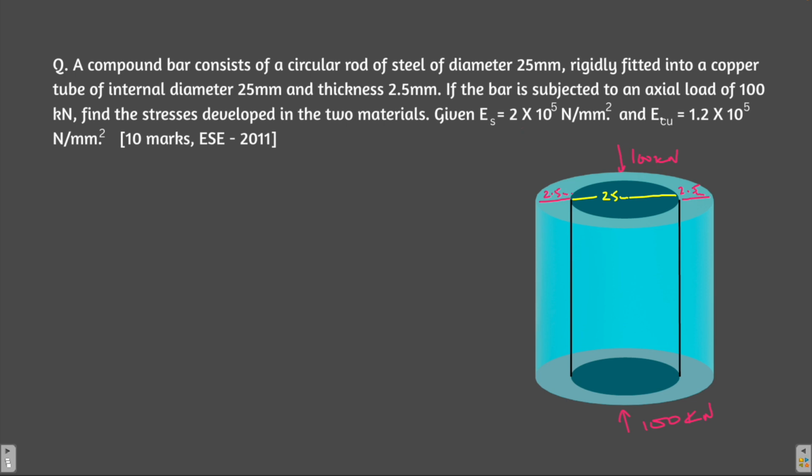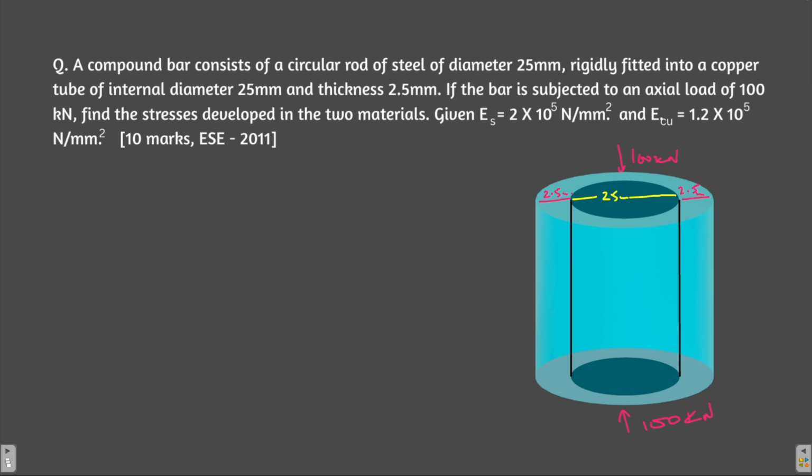And this will be shared by both of the bars. But one thing is different, that the two bars have different materials. So each one will carry a different load. The load will not be equally shared, like 50 kilonewton for this and 50 kilonewton for that. No. So one will carry more load and another will carry less load.